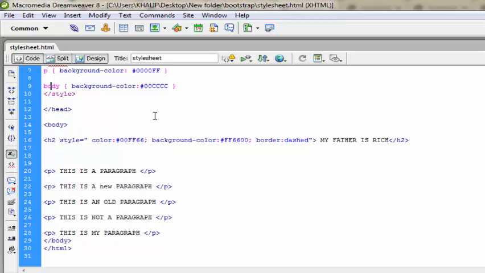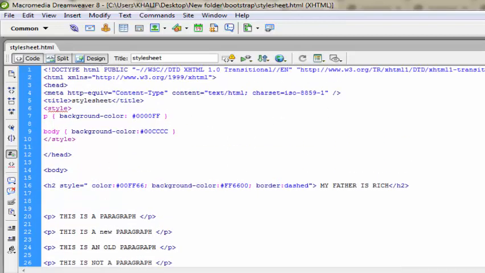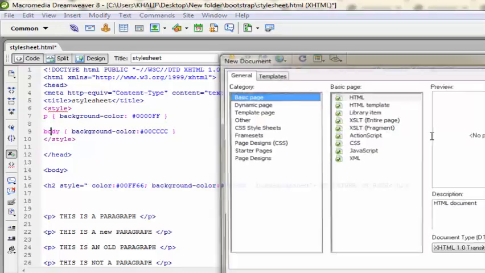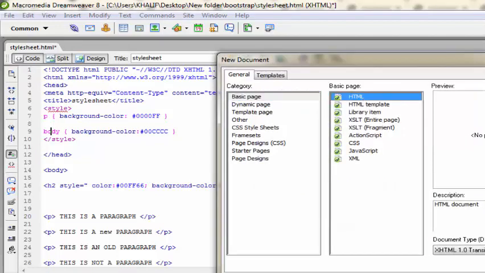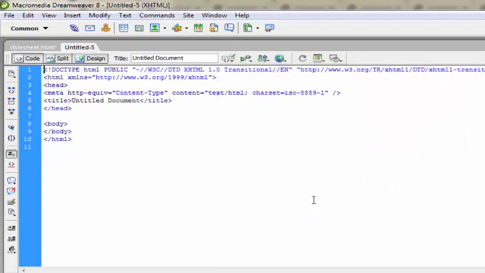Now let's create an example here. We need to open another, separate CSS style sheet. That's a new document, but we need to save it as CSS. Let's change the title here.